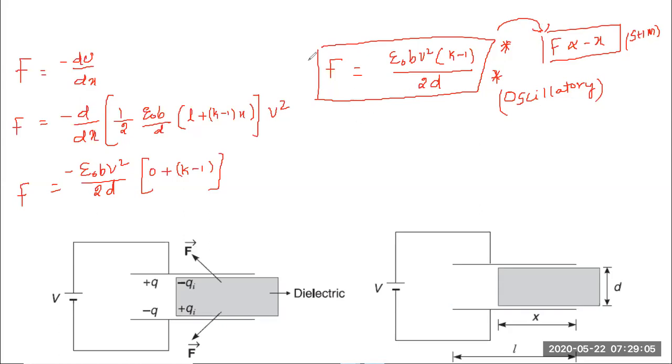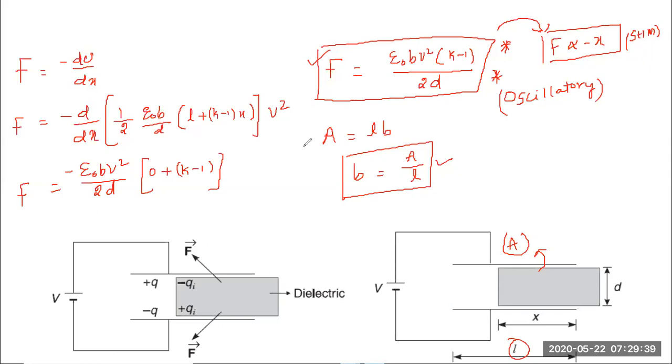Okay, students. So this is the force acting. Suppose sometimes you will be given the area of the plate, students. In that case, we will take area of the plate as length into breadth. If you want, you can replace that with A by L, because in the diagram we have not represented B anywhere, only L as length. Suppose if the area of the plate is mentioned, then you can replace B with A by L. That is up to you, or according to the problem you can go ahead.